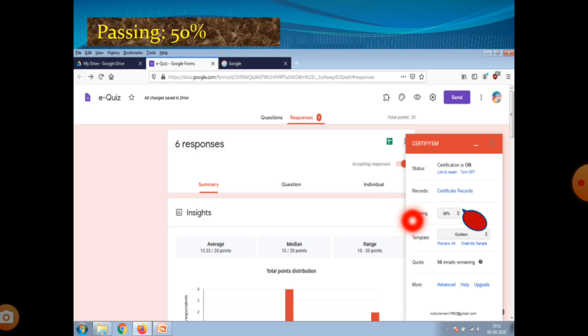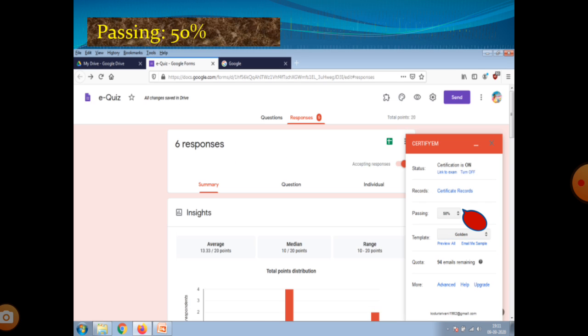If we have 20 questions, and 10 questions are correctly attempted, definitely they get the certificate. If the passing percentage of 50% is scored by the participants, only those persons get the certificate. If they score below 50 percent, like 40, 30 or 20 percent, they cannot get the certificate. That's why the passing percentage is mentioned in the certificate order.